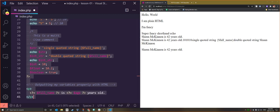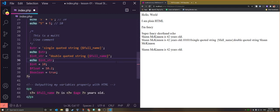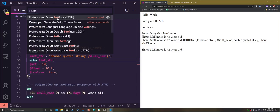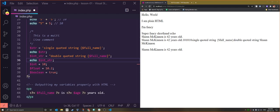Upon opening VSC, I get a pop-up that says cannot validate. Yes. That pop-up is caused because it's looking for where the PHP executable is set. Inside VS Code, hit Control-Shift-P, so Control-Shift-P for Paul, and type in settings. You're looking for the option, open settings JSON. Control plus Shift plus P. Nope, that was not a P. Let me try that again. Control plus Shift plus P. There we go. And then search for